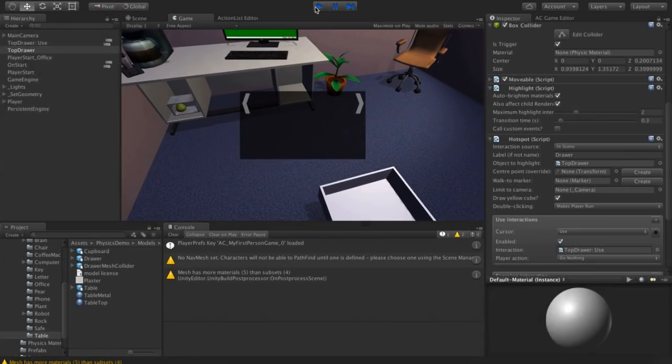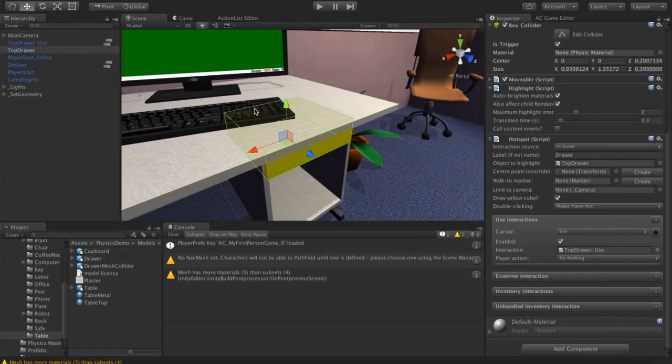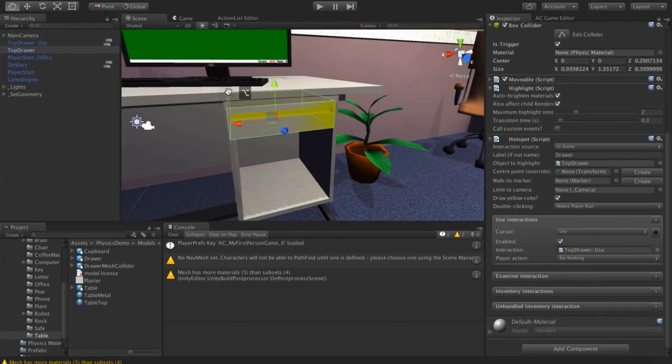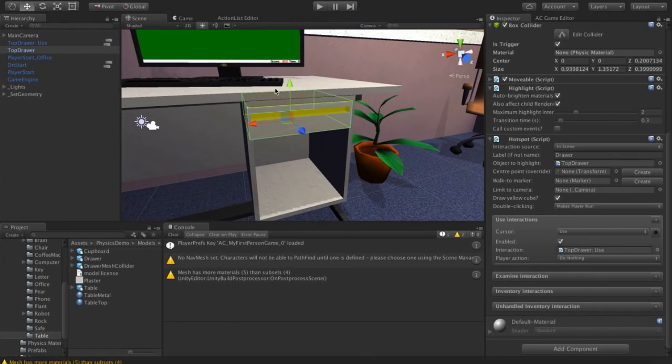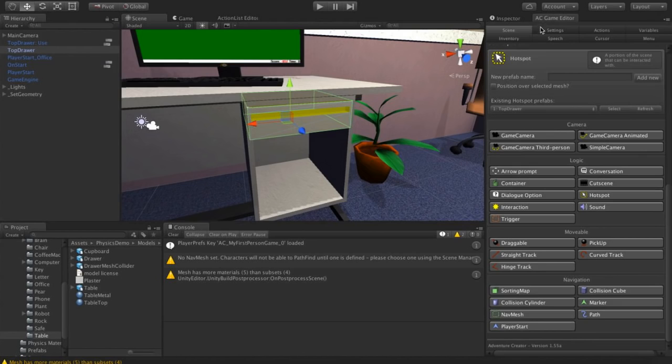This is down to the fact that we have no collider in between the camera and the hotspot. So what we need to do is create a new collider that's going to prevent those clicks. We can do this in the AC game editor and go to collision cube.